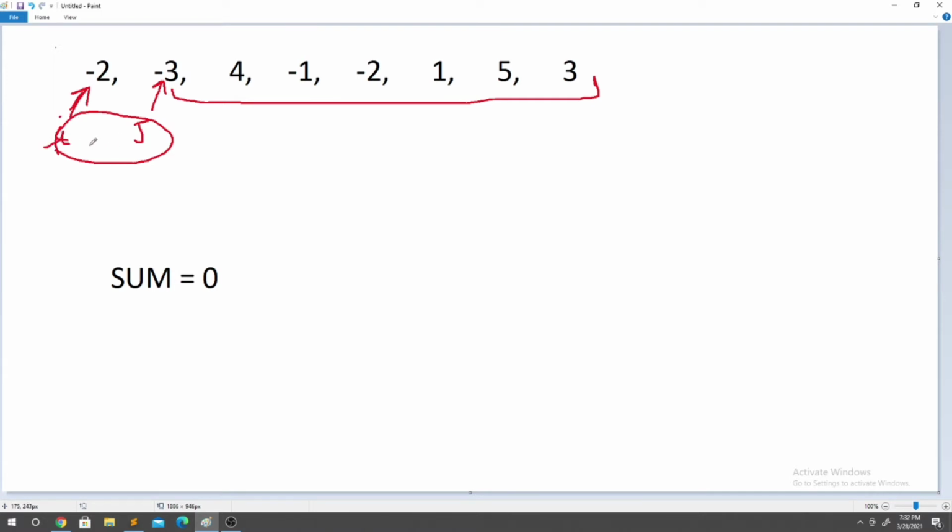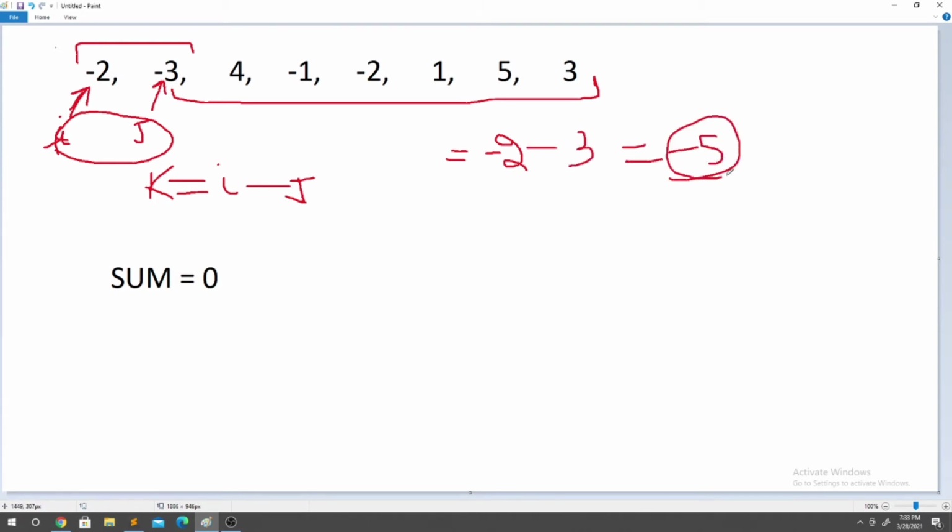But still these i and j will not give us the sum that we want. So to sum that particular subarray, we will require another loop, k, that will start from i and go till j. So from i to j, this will go and calculate the sum. For example, let's say i is -2 and j is -3. So k will start from -2, add -2 to the sum, then go to -3 and add this to the sum, and we will get -5 from this particular subarray.